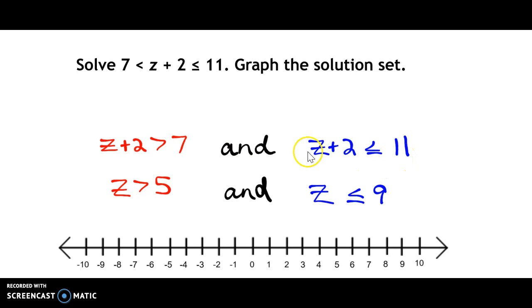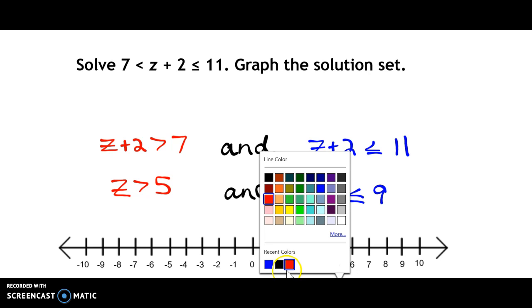So if you solve each of those pieces algebraically, here we're subtracting 2 from both sides. Same thing here, subtracting 2 from both sides, you end up with z is greater than 5 and z is less than or equal to 9. So if I go to graph those equations down here,